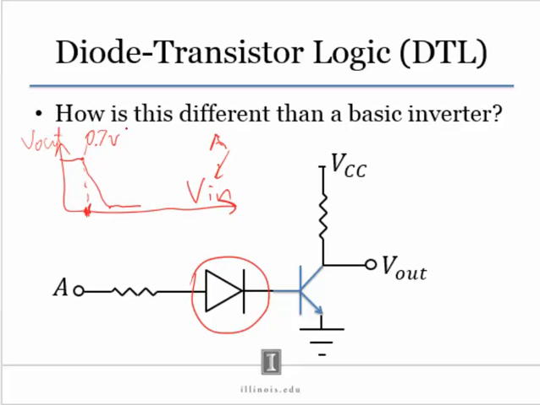Okay, but remember that in logic we defined our zeros and ones on a voltage scale as such. 0 was 0 to 1 volt, and 1 was 5 to 3 volts going down. All right, so if we are turning on this inverter at 0.7 volts, we're still turning it on when the input is 0, and we probably don't want to do that. Okay, so this diode,